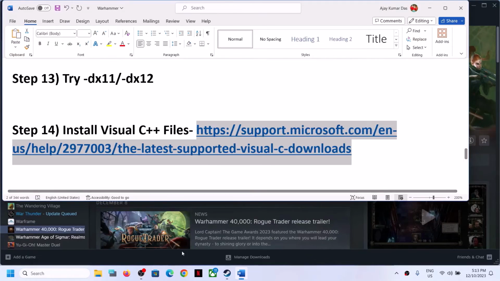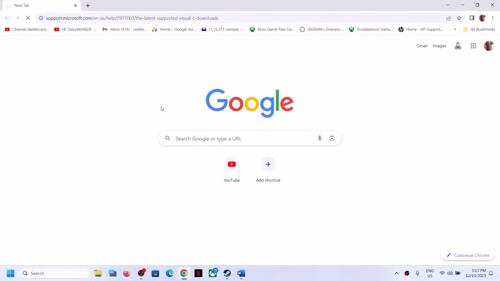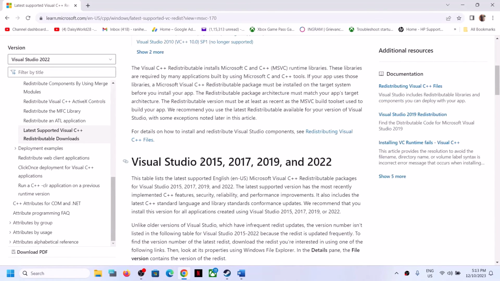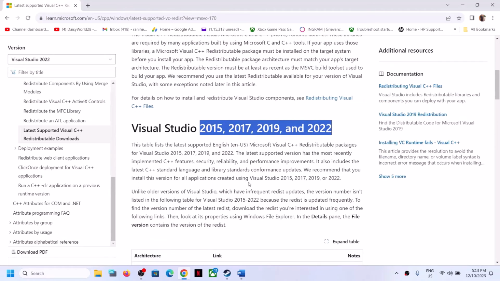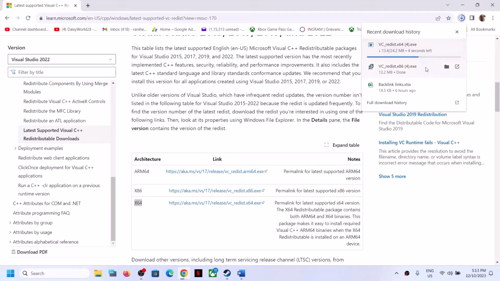For this, copy this link. The link is provided in the video description. Open this link in a browser. It will take you to Microsoft website. Now over here you can see Visual Studio 2015, 17, 19 and 22. Download x86 and then download x64. You have to download both x86 and x64 file and then run both the exe file, that is x86,